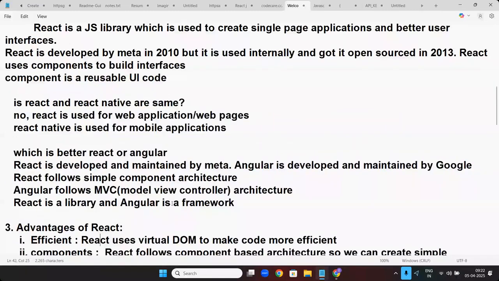Angular or React, most people will confuse. But React is very easy when compared to Angular. Angular uses something called MVC structure and React uses component structure, simple component one. React is created by Meta. Angular is created and maintained by Google. Good. Next,